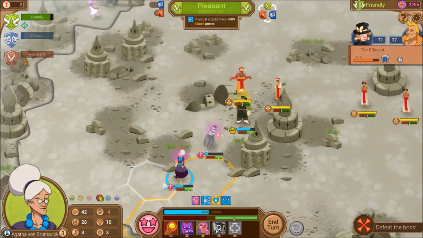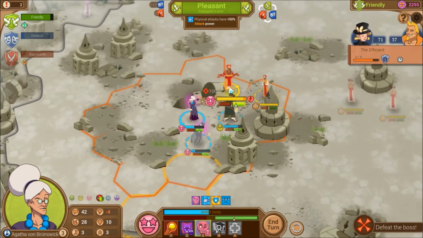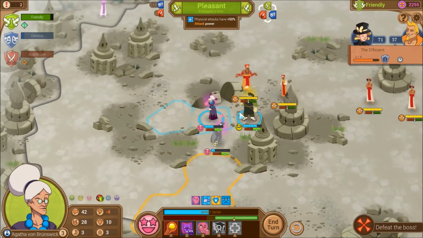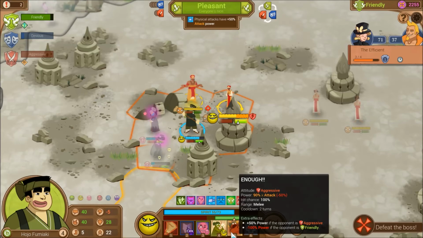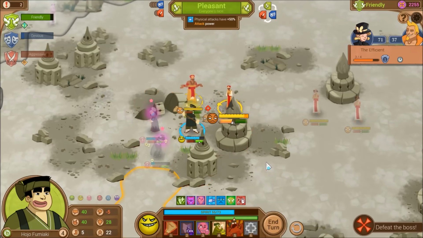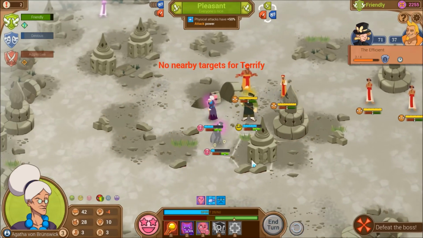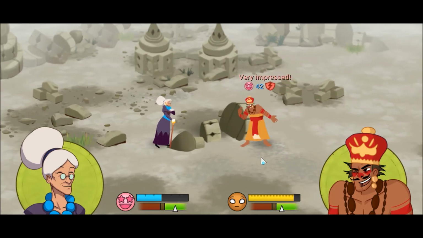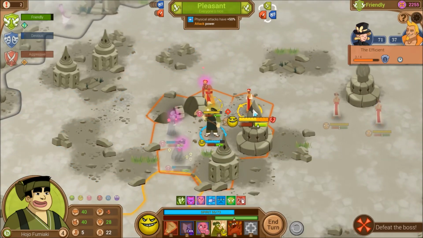Alright, let's move... Let's see. If we move Agatha up here, we can start working on Dharma, or we can try to take out the Master, but I don't think we're going to be able to. No. I could also use 50% extra power because... oh no, that's only good if the opponent's aggressive. The opponent is friendly right now, so it'll do nothing. That's problematic. Well, it'll do something, but not very much. Huh. I'd really like to get rid of this Master of Trance before she starts AoEing our entire team down constantly. But let's make Dharma impressed. Lower his speech defense. And... yeah, I guess we'll...